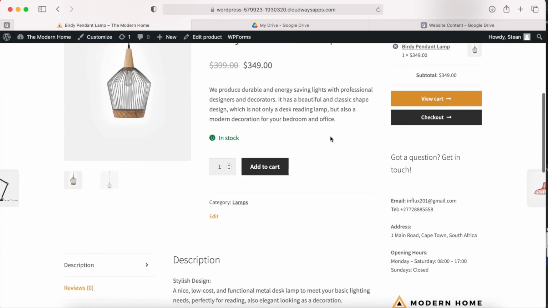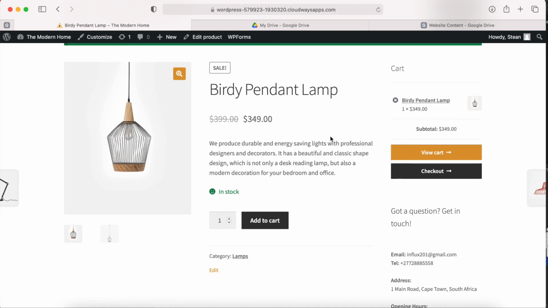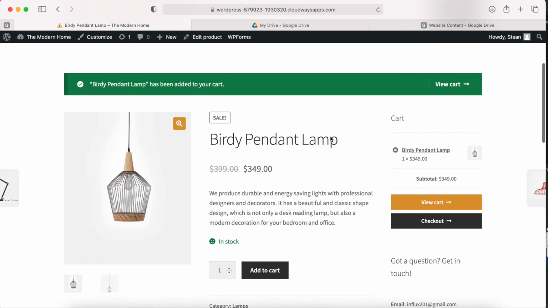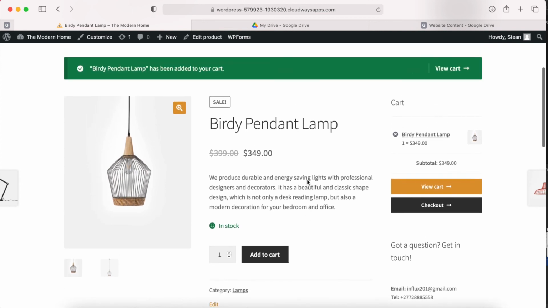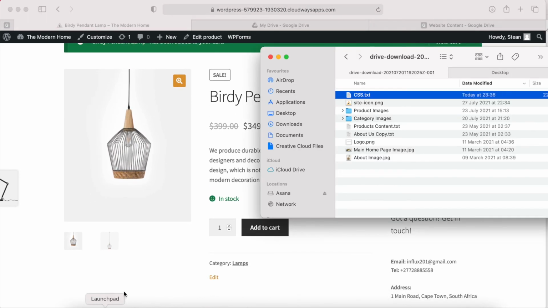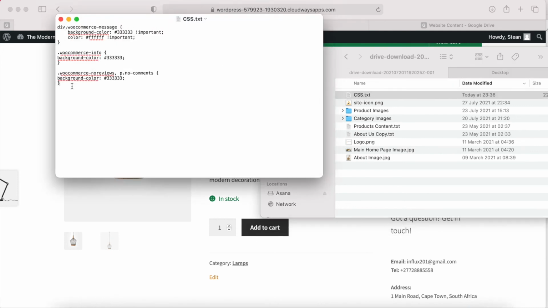change these bars. So I wrote a bit of CSS code that we can use, and we can just paste that code in the custom CSS section of the customize tool. So to get that, you can get that in the Google Drive link below this video, where I uploaded all the other files for this website. It's called the css.txt file. So if you open that, you just copy what's there,